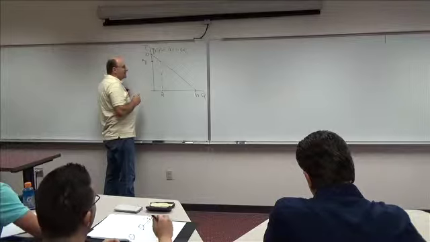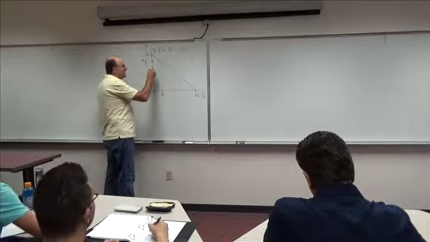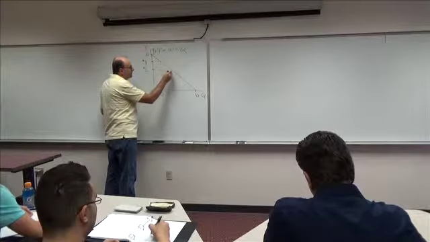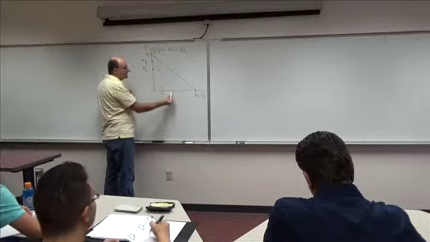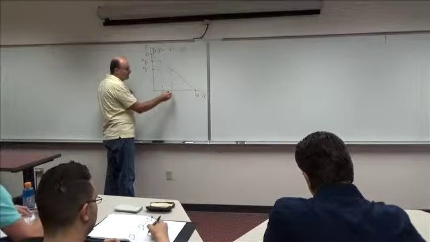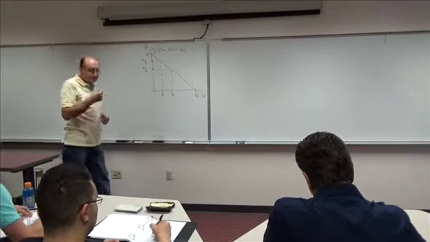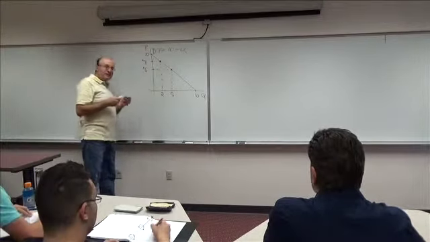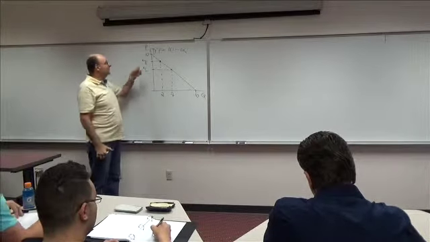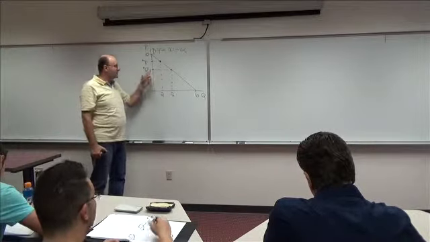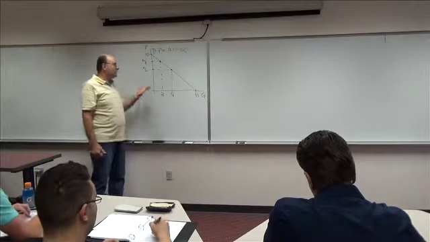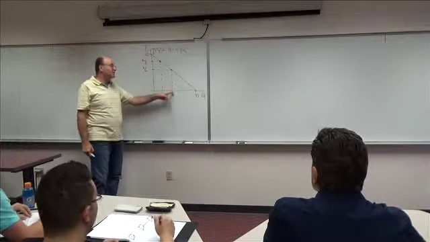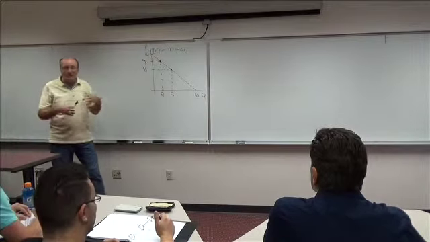Suppose that price falls to $6. What will happen to quantity demanded? It increases by 2, from 2 to 4, right? Very good. And so we see that in this market, predictably, when price falls from 8 to 6, quantity demanded increases from 2 to 4. On the other hand, if the price increases from 6 to 8, quantity demanded falls from 4 to 2. That makes sense? Very good.